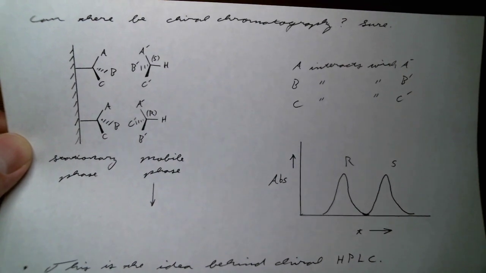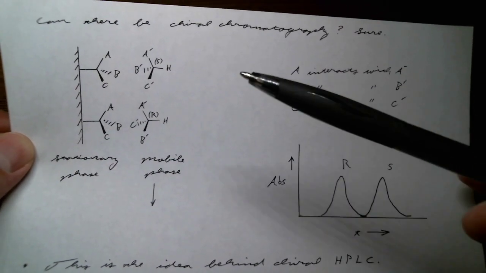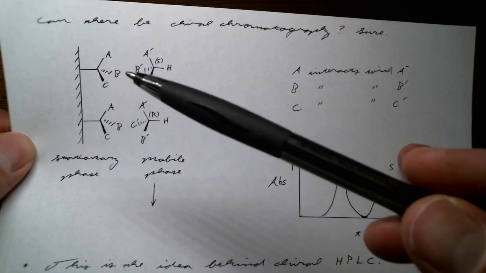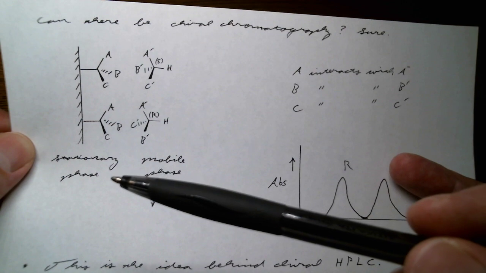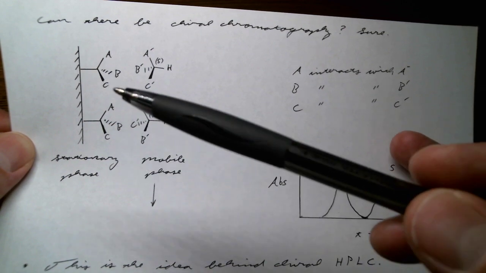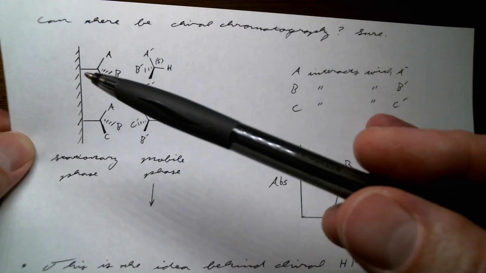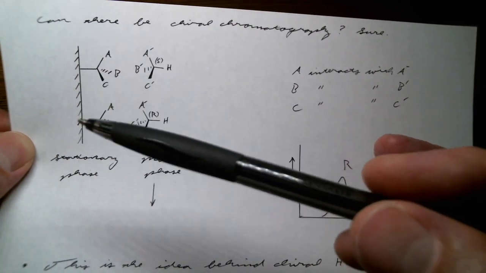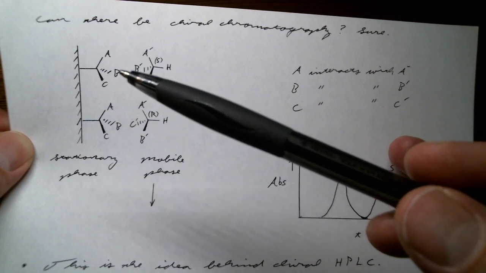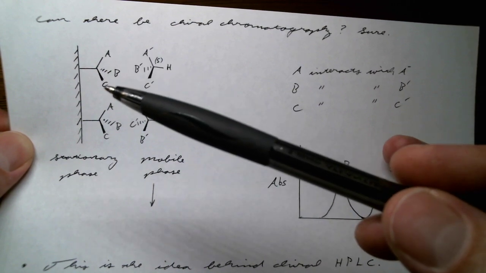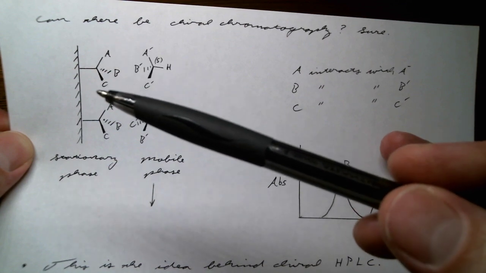The first we looked at, the way they rotate plane polarized light. The second is the way that they interact with other things that are chiral. So say you have a chiral surface or stationary phase in a chiral column. Say it's set up such that you've got an atom that's bonded to the column, and then it presents at the surface three things coming out, A, B, and C. And let's say A to B to C, it's like a clockwise